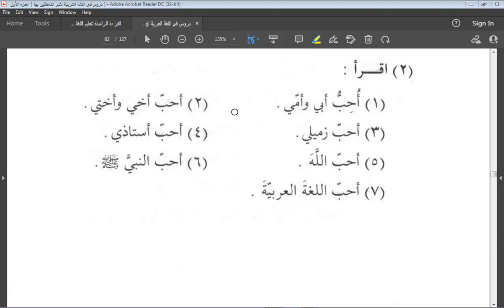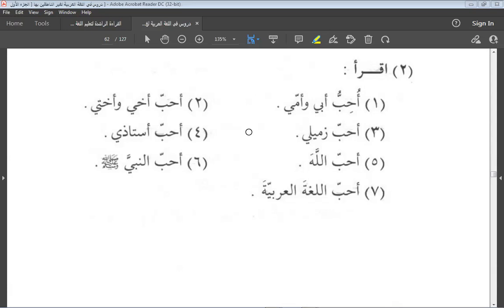So we said that if you have a verbal sentence, as we did in the lesson 2 material, when you have the verb, the subject comes after it, then you have an object. The object takes fatha. That is, it is accusative. I think I even wrote it in the chat. We mentioned that it is accusative, and it takes fatha.